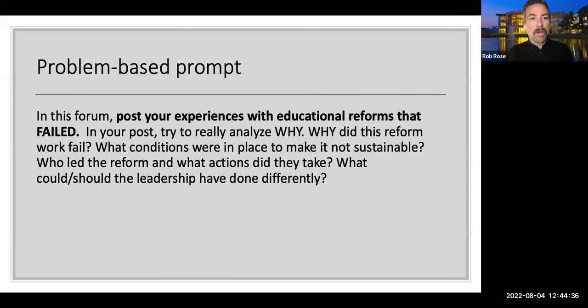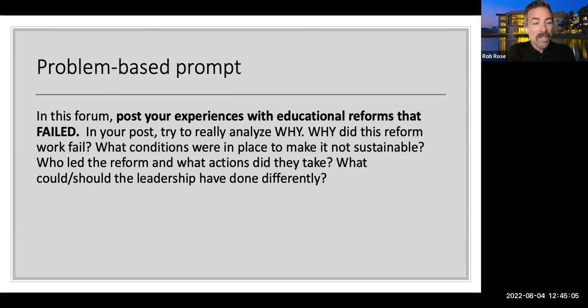And then finally, the third one that I encourage as a tool in your tool belt is the problem-based prompt. This typically focuses on a problem that is related to the content area and asks students to discuss the formulation of solutions. We didn't look at this one before. It's on that handout that I gave you. This is just an example of a problem-based prompt where students are asked to formulate and discuss solutions to problems